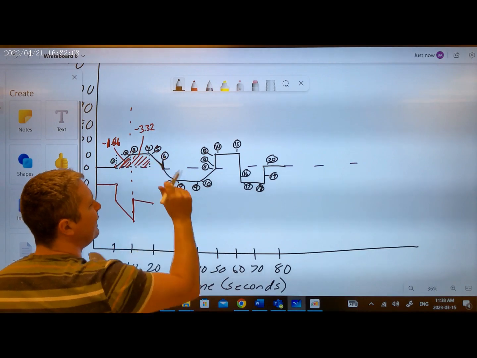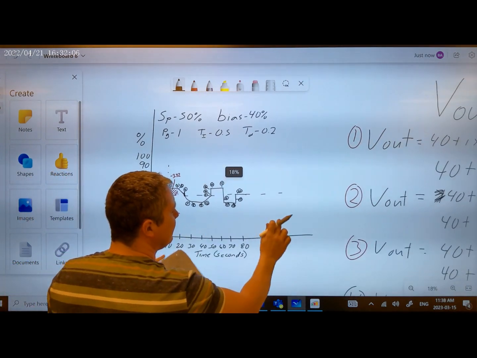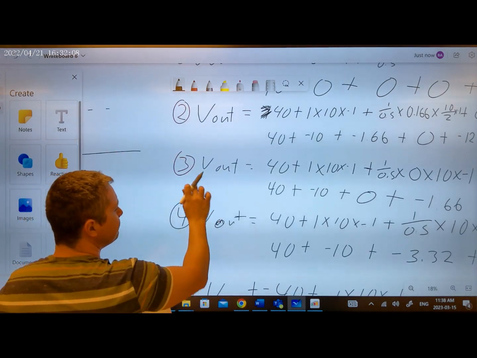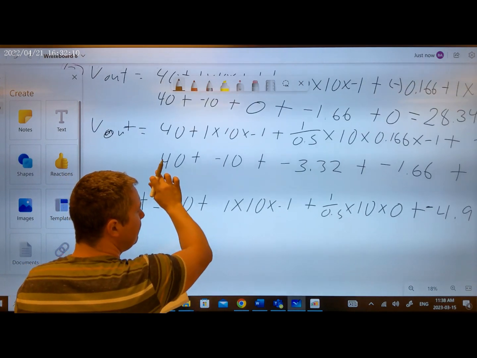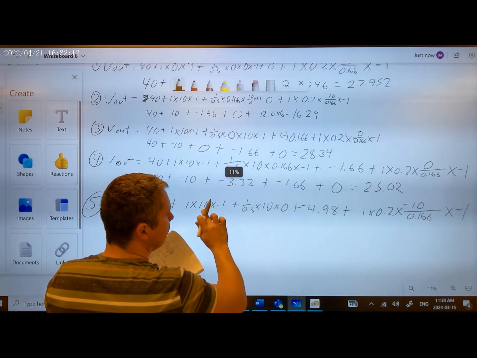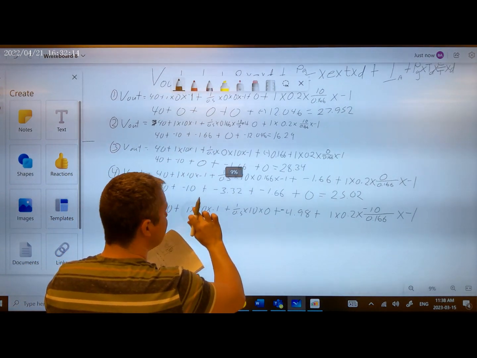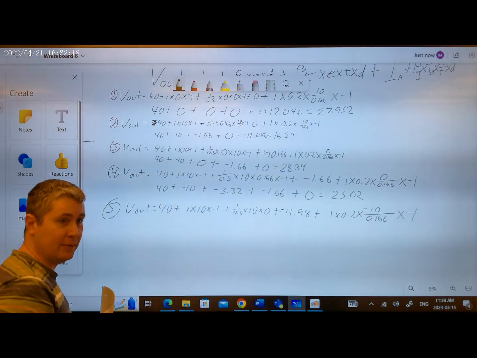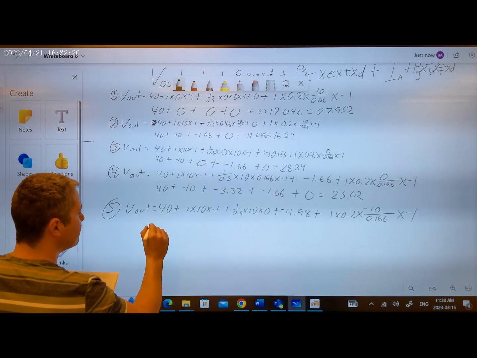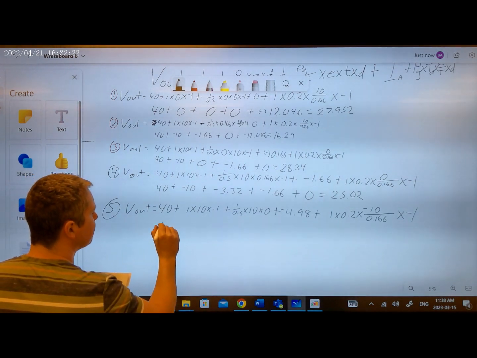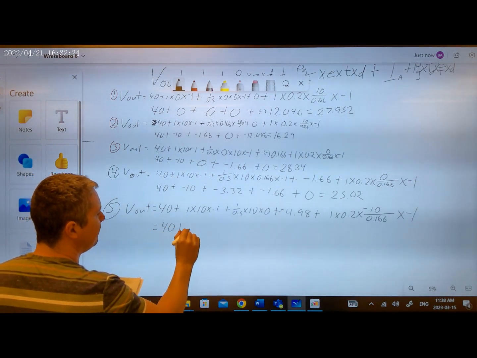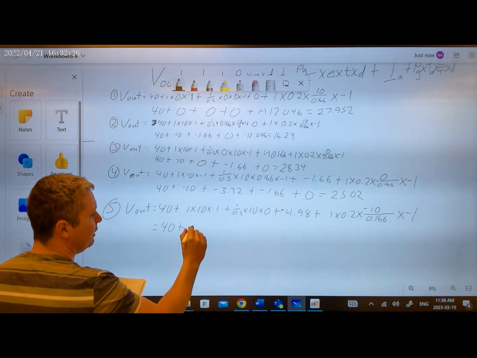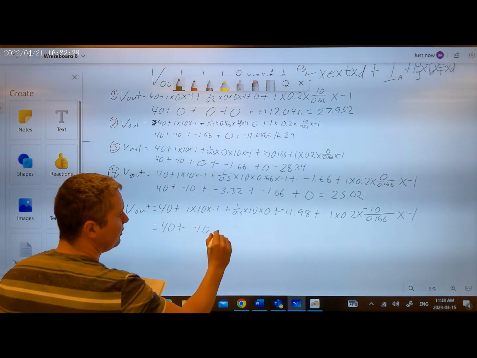So now that we're going negative 10% in 10 seconds, we put a negative 10 over 10 seconds. That makes sense, right? So now, that equals our bias of 40 plus our proportional of minus 10 plus our